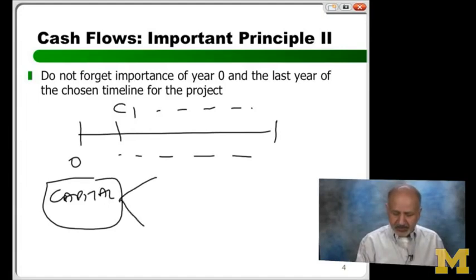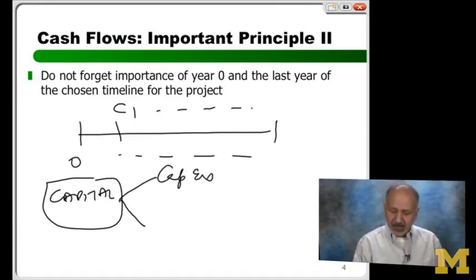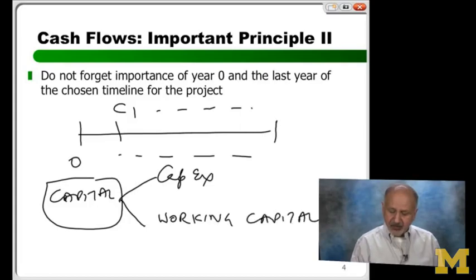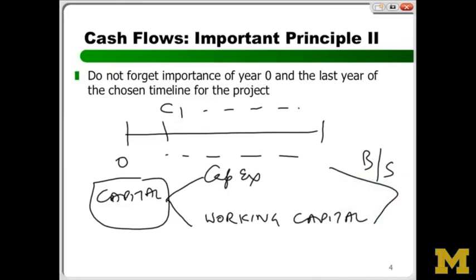So what are the two kinds of capital? One is CapEx, which is buying machines and so on, and the other is working capital. And both come from where? The balance sheet. That's where assets reside. And so whenever you're thinking of capital, always think changes. It's not the level, because the balance sheet is a snapshot. We talked about this last time.